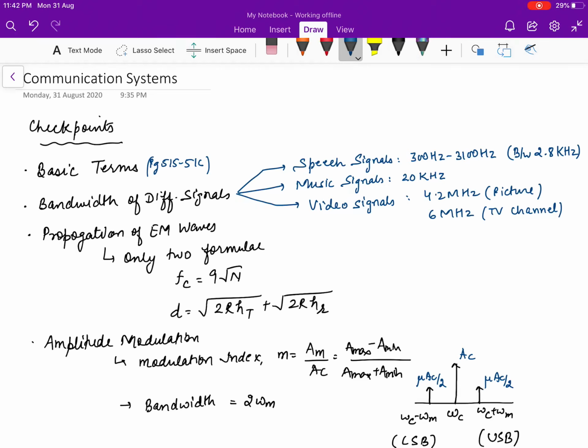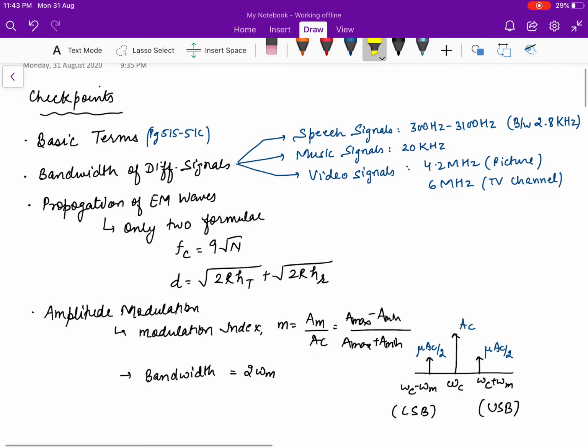Hello students, it seems Senti Abhyas test won't come now, so I'm utilizing it this time to prepare short revision topics for you. So the first topic I'm taking is communication system for the students who are appearing for JEE Main. Now in this chapter, you should first be familiar with the basic terms that are available on page 515